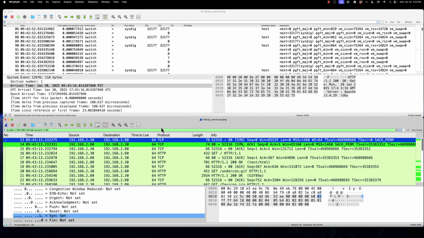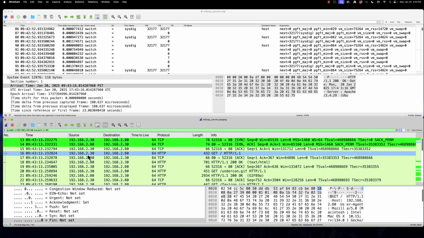So let's get started. We are not going to see the three-way handshake in Stratoshark. And the reason is that the three-way handshake is happening at the kernel level. There's no system calls for that. System calls we're only going to see for applications interacting with other stuff on that server. So we are going to see, though, this GET request for HTTP 1.1. We're saying, hey, get me the website. That's happening at